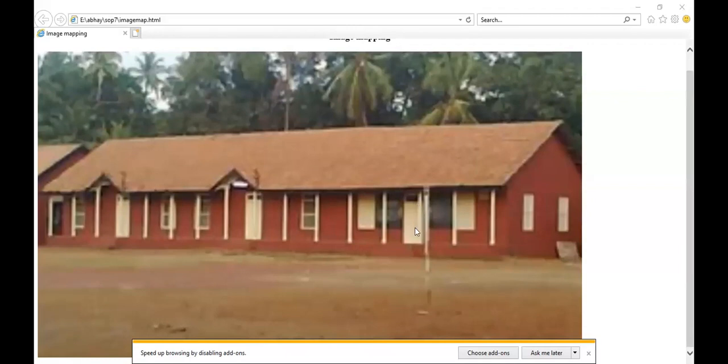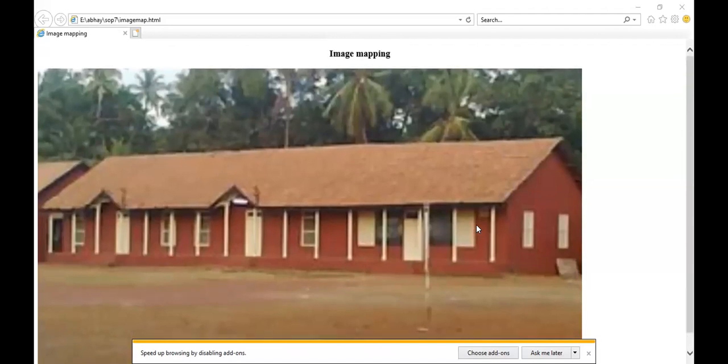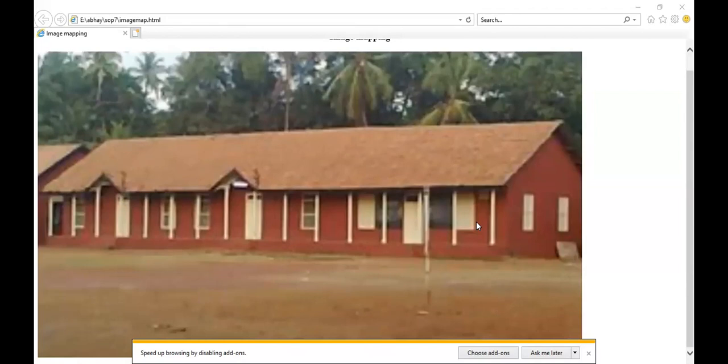What we will do is reduce the size of the image so that the full image can be seen on a single page. We don't have to scroll up or down, because to see the image now we have to drag up and down. I want to reduce the size of the image. I also have to find the coordinates of all these images, but we will study it later on.